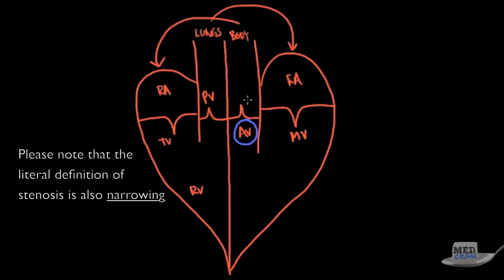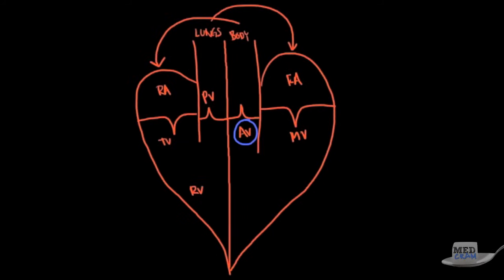Stenosis simply means closure, or the inability for this valve to open. So what are the possible causes of aortic stenosis? Now, we can kind of break this down into those who are 30 years old or younger, between 30 and 70 years, and greater than 70. For those who are less than 30 years of age and get aortic stenosis, that's pretty rare, and the cause of that is calcification of a